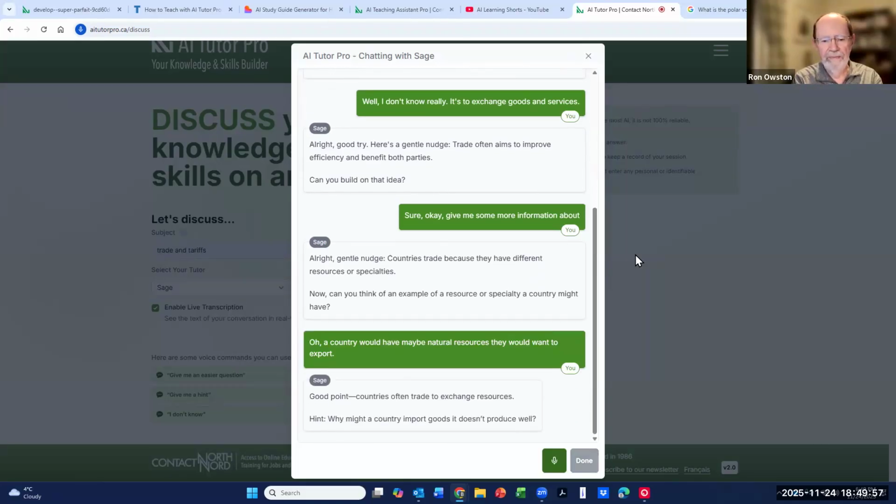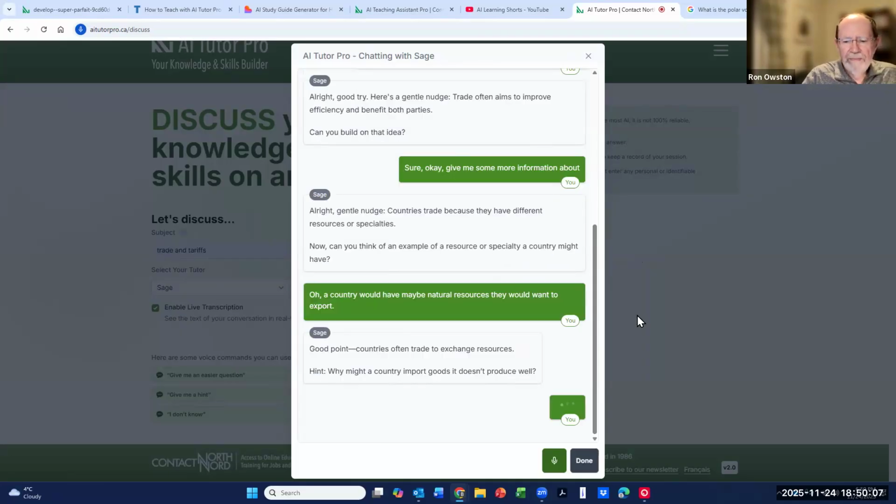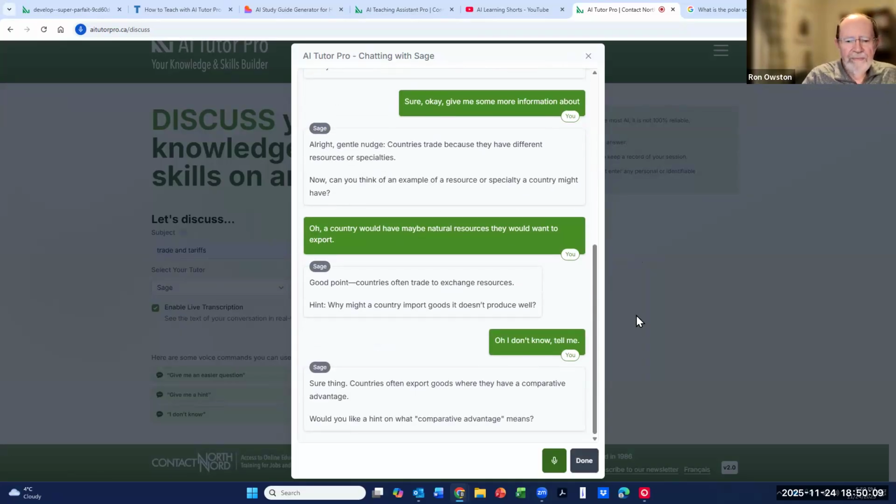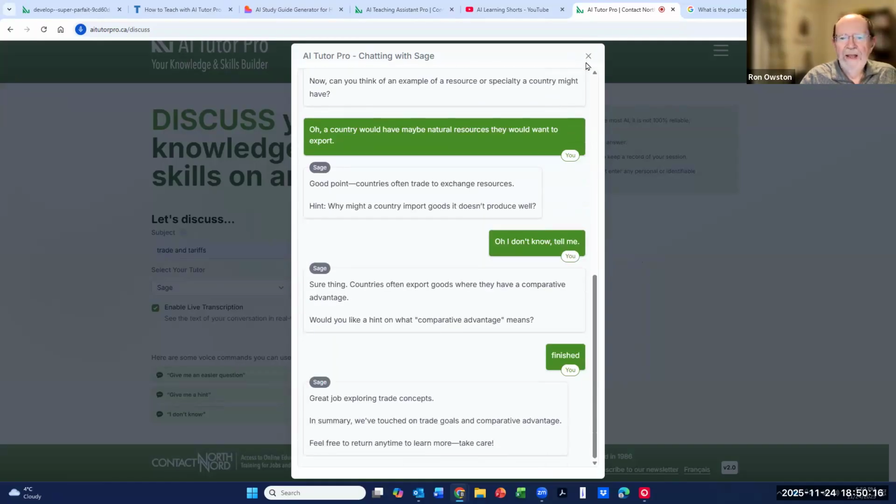Good point. Countries often trade to exchange resources. Hint, why might a country import goods it doesn't produce well? Oh, I don't know. Tell me. Sure thing. Countries often export goods where they have a comparative advantage. Would you like a hint on what comparative advantage is?